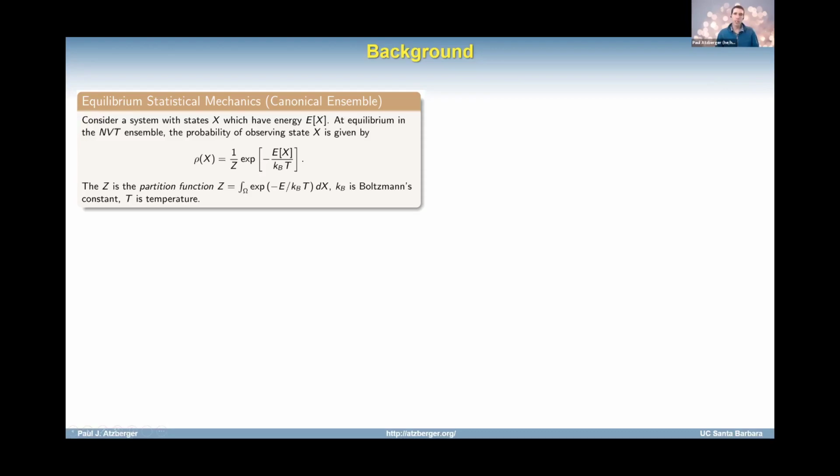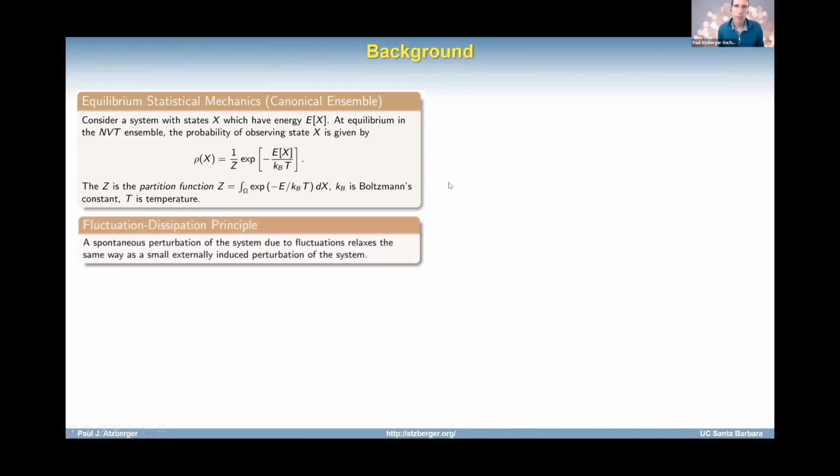And then this Z that you see out front is a very important quantity if you're doing statistical mechanics analysis. You can think about this Z, which is called the partition function, as effectively normalizing those weights. But like I said, it often plays a very important role, especially when you're computing various types of free energies and entropic contributions and so on. Okay, so that's the basic target probability distribution that we're aiming for in our stochastic modeling. If we want to capture the mechanics correctly, we at a minimum need to get the right equilibrium behaviors, and this would be the probability distribution that should govern the relative frequency of states.